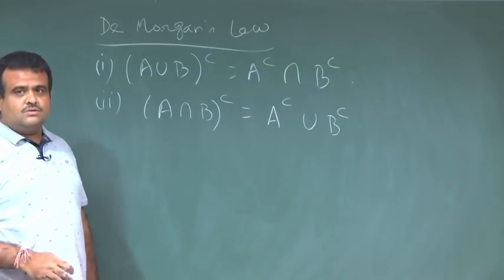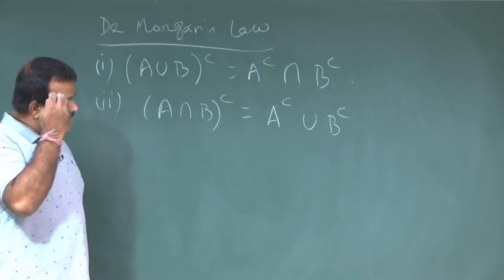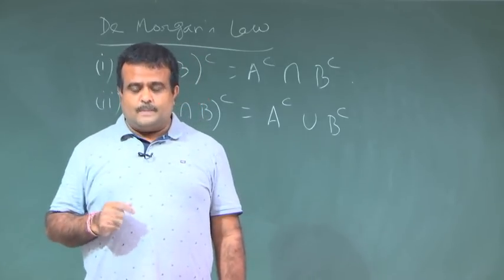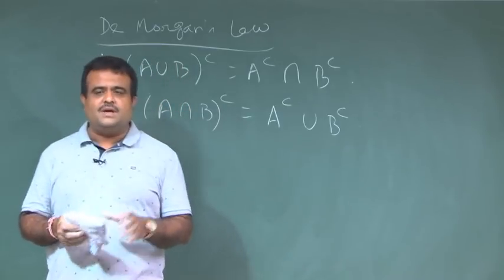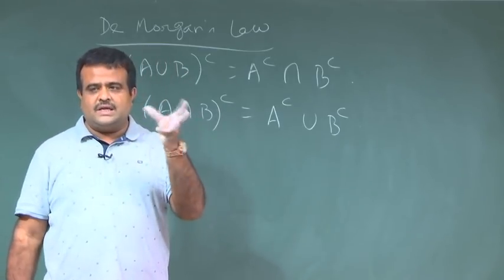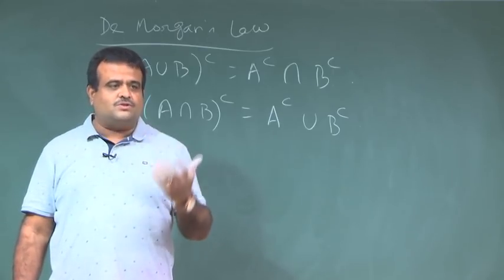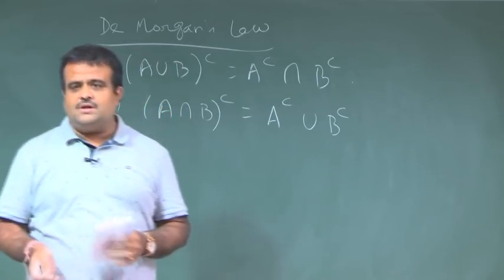We will prove these two properties in the next class. Also we will define what is called the Venn diagram method. So, we can represent the sets in a pictorial way, in a diagram way, and then it will help us to prove all these properties very easily. So, we will discuss those in the next class.